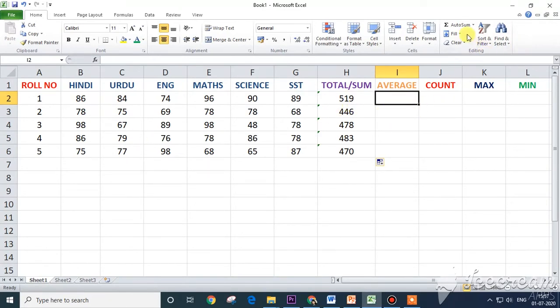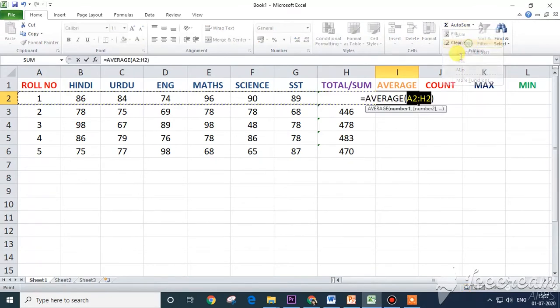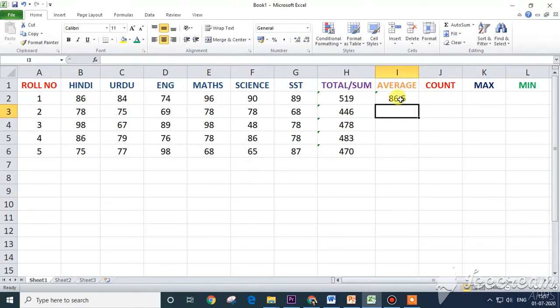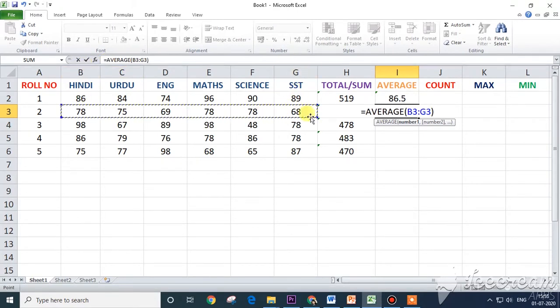Now how to find the average for these marks? Click on the cell, go to editing group, auto sum feature, click on the average button. From Hindi marks up to SST marks, that means B2 to G2. Select that and click on the enter key. See here, and the next one also I am going to do like that. Click on average option, from B3 to G3.